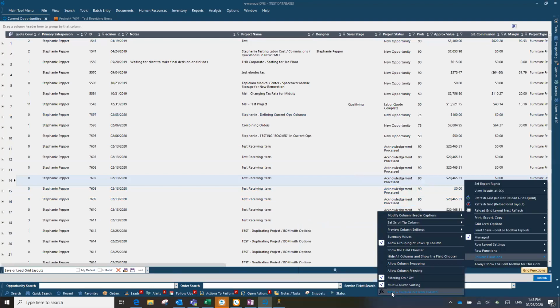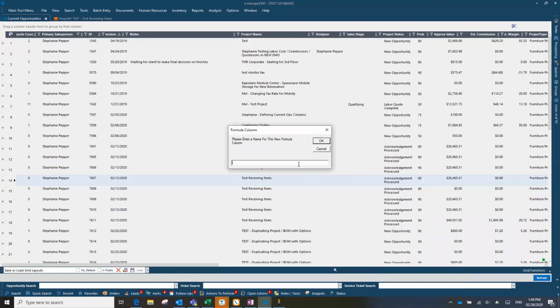I also like to show this off. I'm not going to go into super detail, but build a formula in new column. So column functions, build a formula in new column. You can give it a name. I find this helpful. There might be some reports where maybe I want to get the estimated margin or the